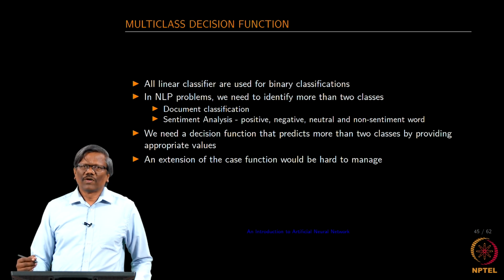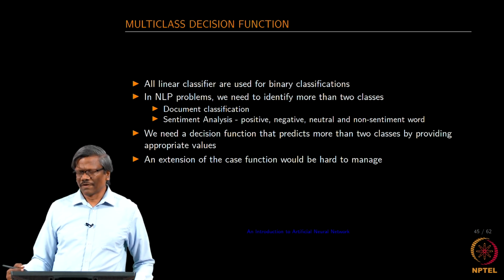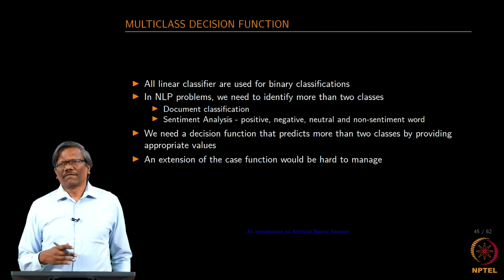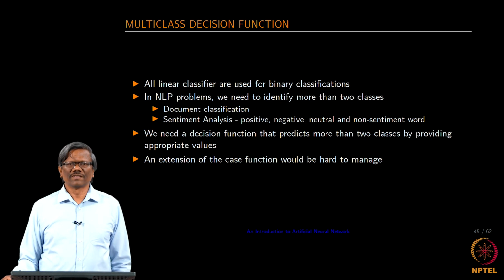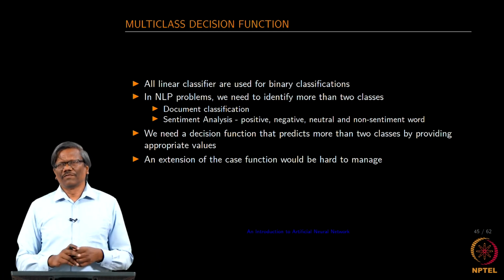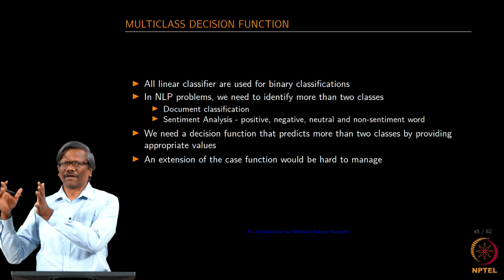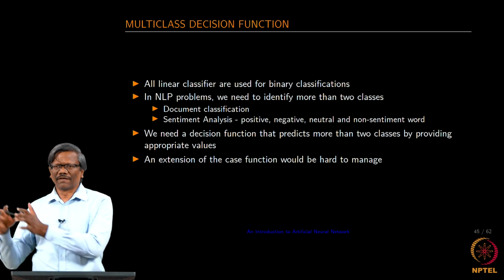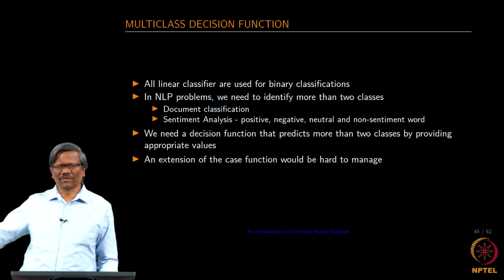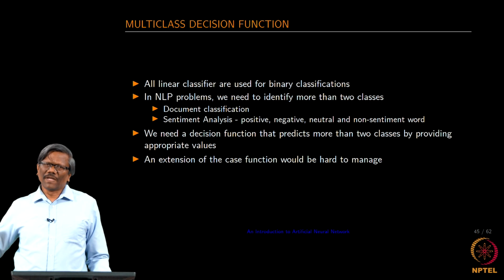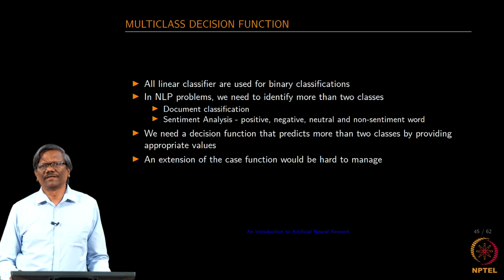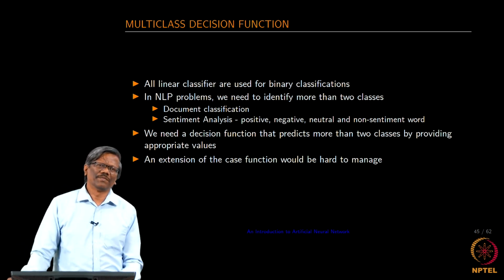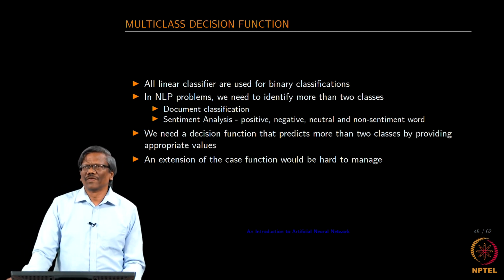So, we are going to be having more number of classes that you want to figure out. As I mentioned earlier in the previous lectures, if you have collected a lot of documents related to the computer science topic, you would like to have a folder called operating system. You want to have a compiler design folder, and then you want to have discrete mathematics and so on and so forth, right. So, there are going to be multiple classes that you will find in the real situation. So, we should be able to accommodate the multiple classes in the case of a neural net as well.